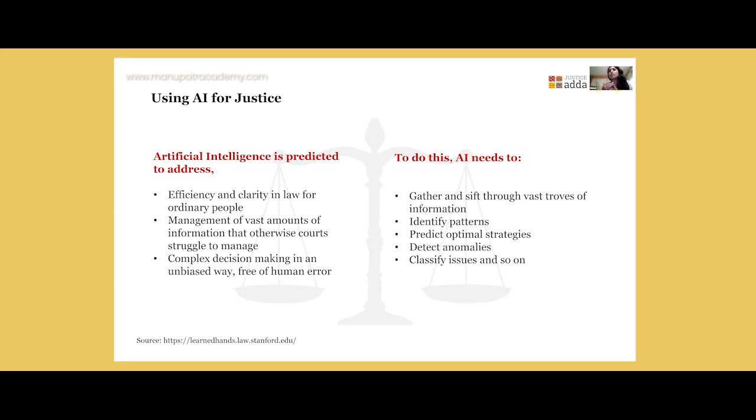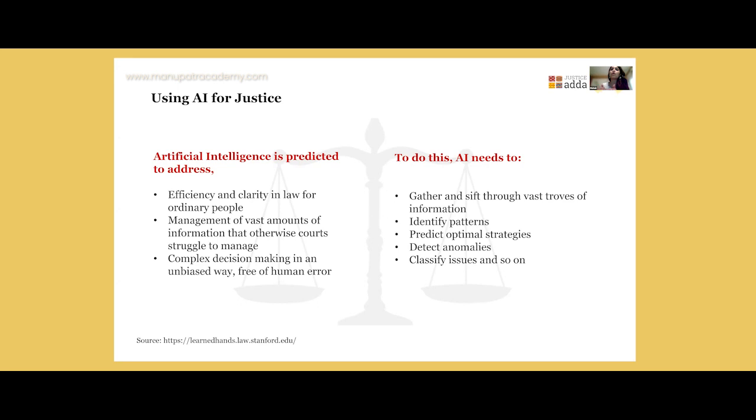When you're trying to manage a lot of different information coming from different people, engage with past information and historical cases, and handle complex decision making, AI is something that can simplify all of that. However, for AI to be able to do this in an unbiased manner, we're trusting AI